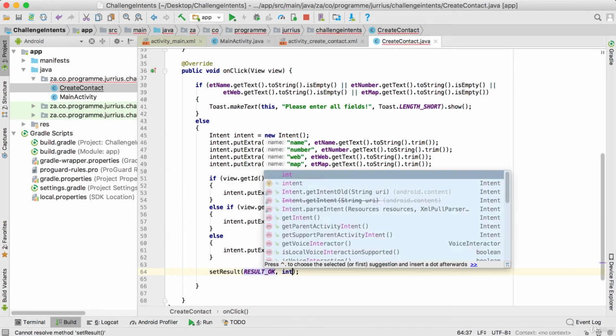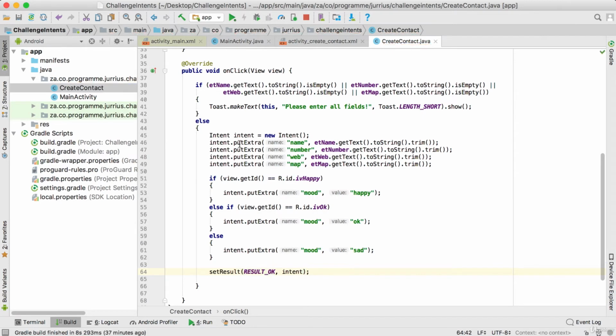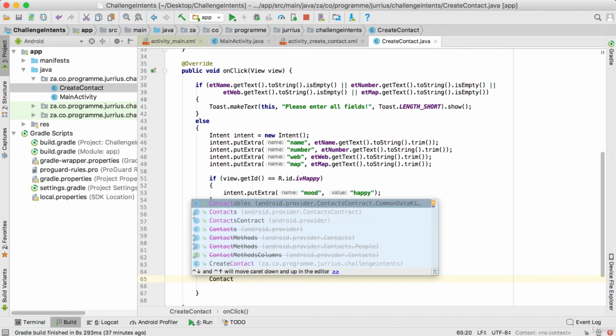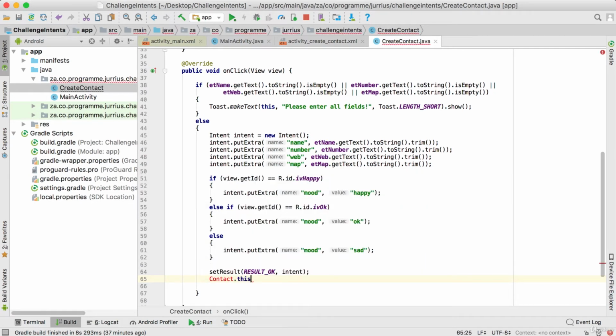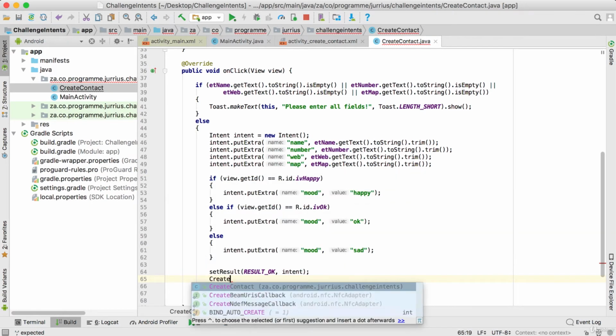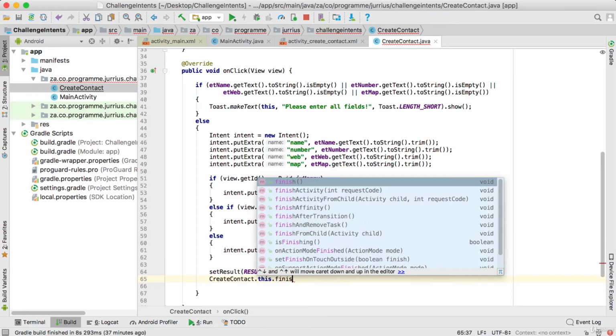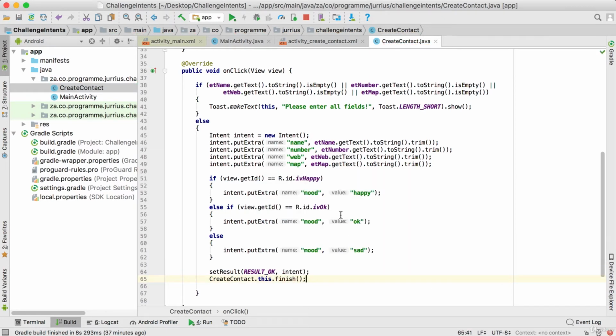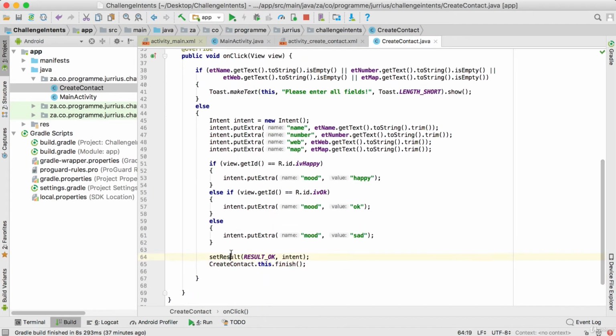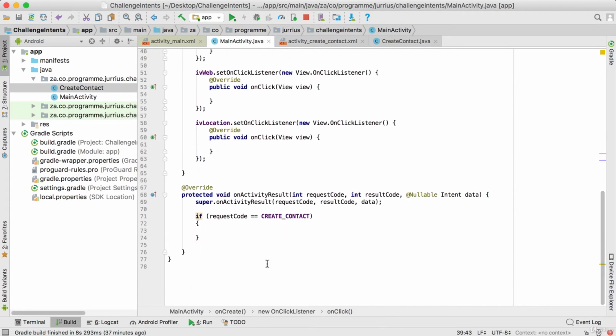And then we pass in this extra data, which is this intent with all the putExtra methods. And then we can just close down this activity. So I'm going to say CreateContact.this.finish, and that closes down the activity. So then when we set the result, this intent with all the information on it will be sent back. And if we finish it, it will go back to the main activity and it will land into an